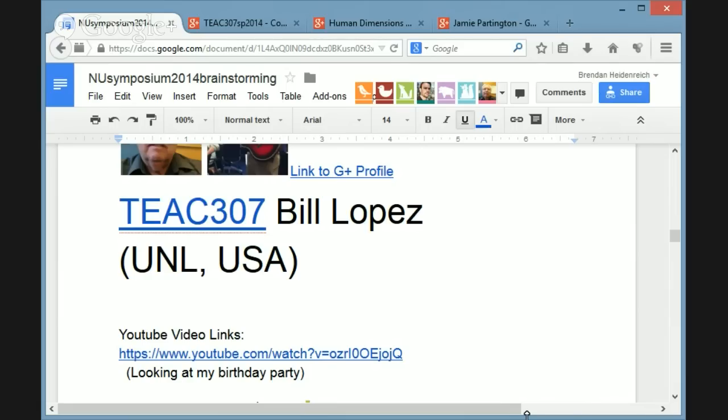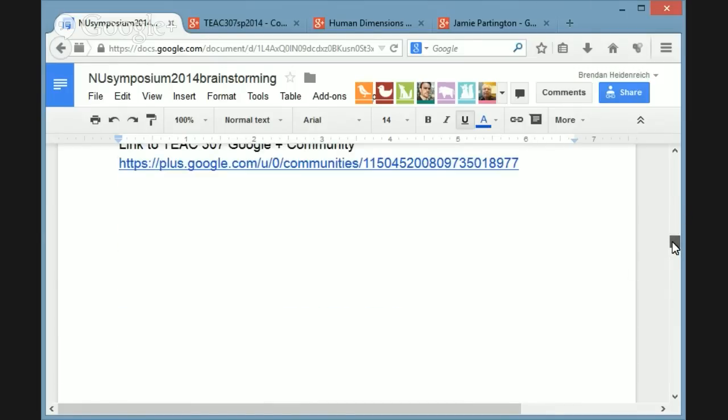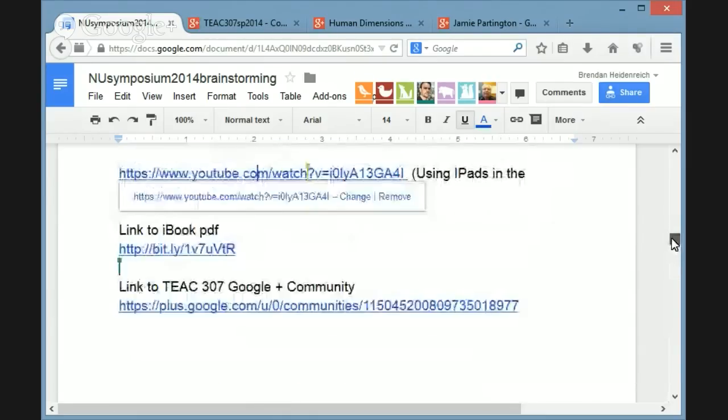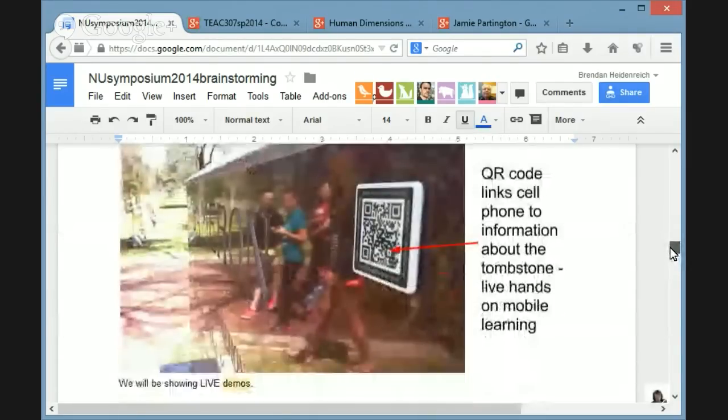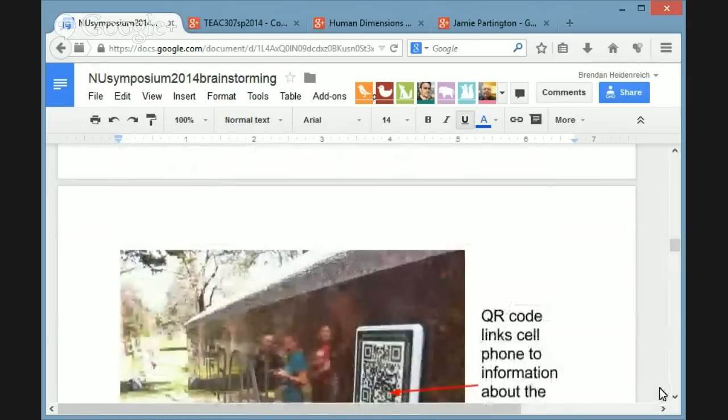Thank you, Bill. And Brendan, could you just scroll down? One of the things that Bill did is he actually brought his students live to the cemetery to use QR codes, and we won't have time to look at that, but the document actually shows some pretty cool, interesting pictures. If you can scroll down, Brendan, to the picture of the QR code. Meanwhile, I'm going to introduce Del Harnish, and you're going to stay right there, so I'm going to zoom into you if I can.